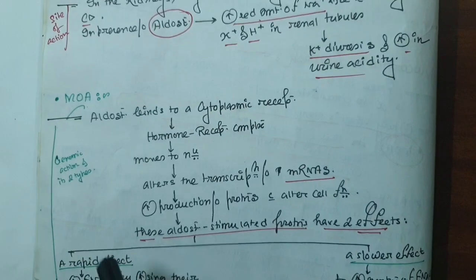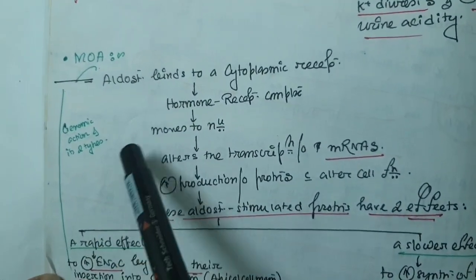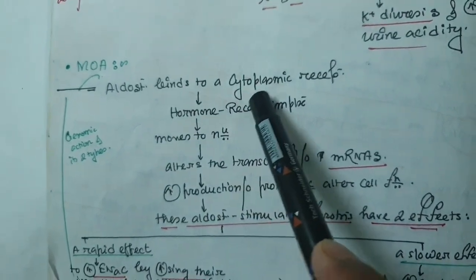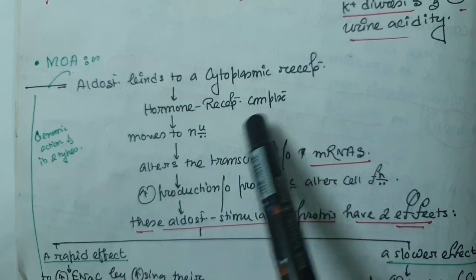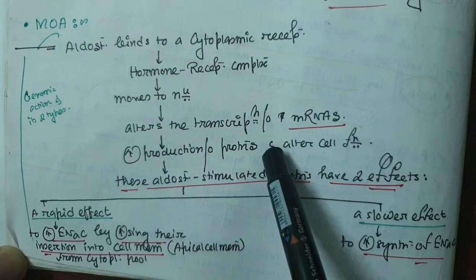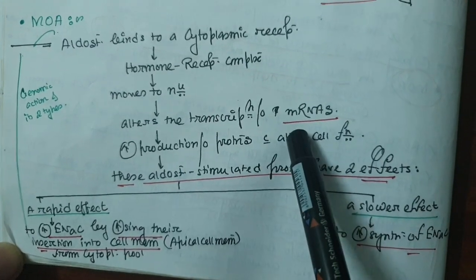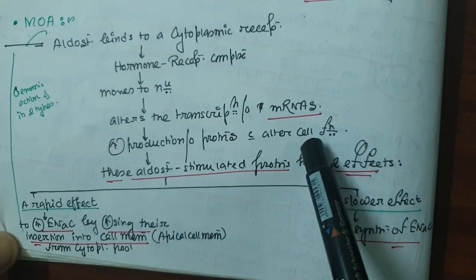So how does aldosterone do it? What is the mechanism of action of aldosterone? Aldosterone binds with the cytoplasmic receptor. There is formation of a hormone-receptor complex and they move to the nucleus inside the cell. There they increase the transcription of messenger RNAs and thereby increase production of proteins which alter the cell